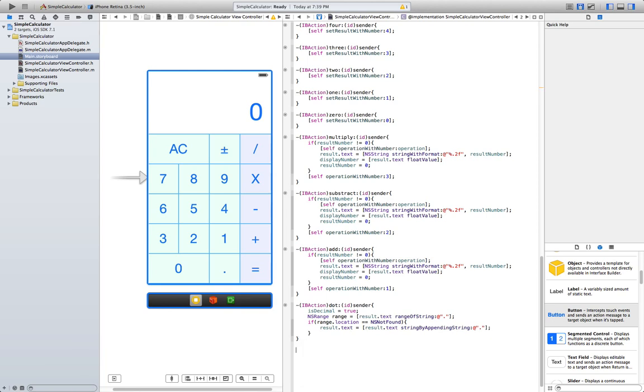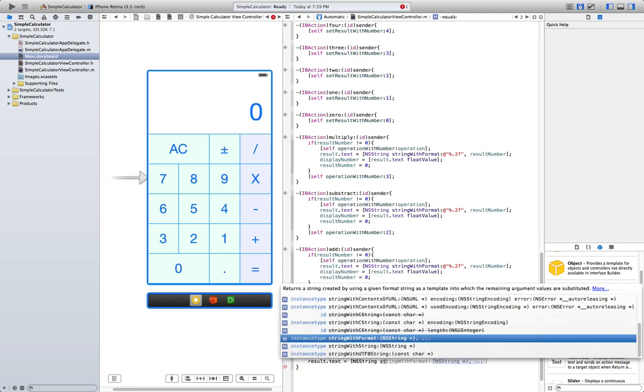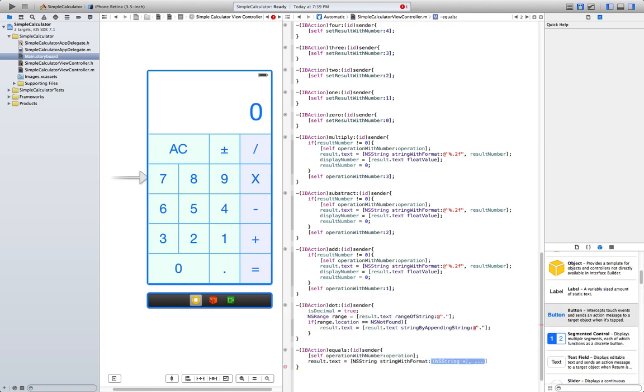Finally, we just want to implement the equals. There's gonna be an IBAction too. Equals, and basically we're gonna call operation with number operation, so perform whatever operation was marked. Result.text is gonna be equal again to string with format, you guessed it, percentage point two f. We want to only show 2 decimals.